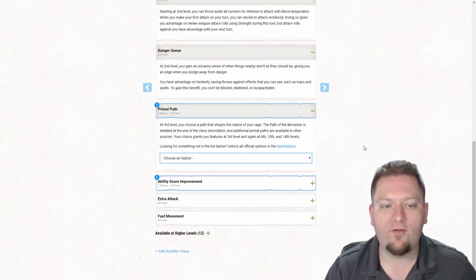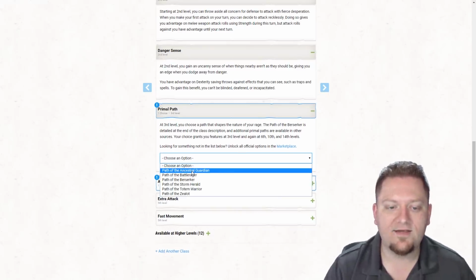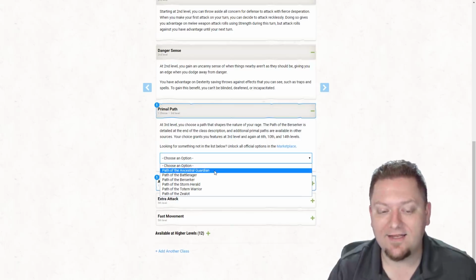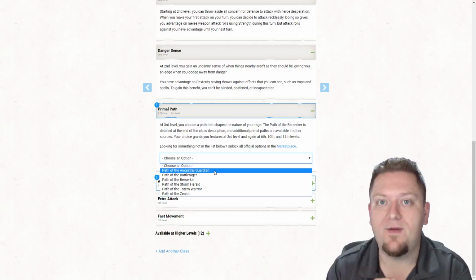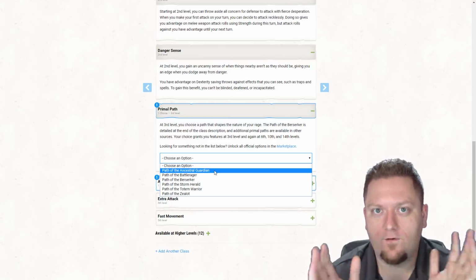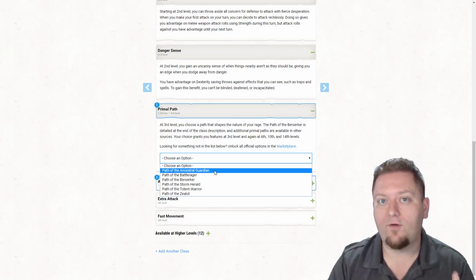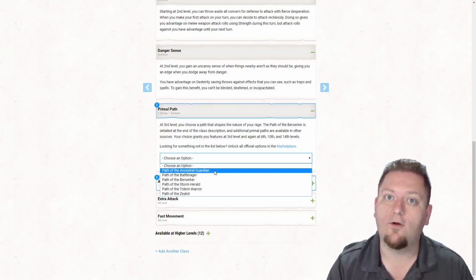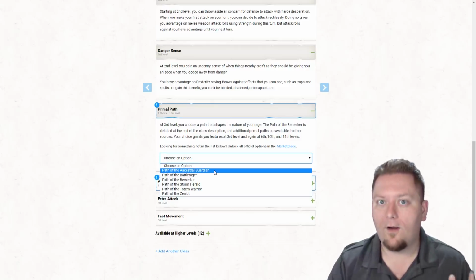Okay, and then at 3rd level, this is where things start to get a little bit fun for us. So we're going to come down here and take Ancestral Guardian. Now, one thing I want to note about this build, and this is really important to the whole overall theme of this build. When we were going over this and coming up with interesting ways to make this particular build happen as a Dex-based barbarian tank, there were about 10 ways to Sunday to make this thing deal out more